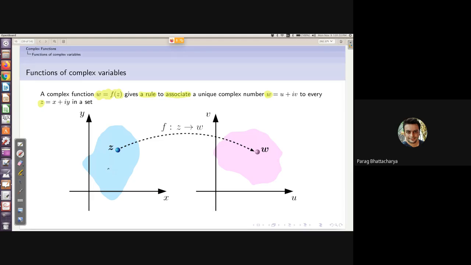So for instance, if I choose some other z value, let's say the w value is going to be over here. This association between these two sets of complex numbers is your function, the complex function f. To put it simply, a complex function is the association between two different complex numbers in two